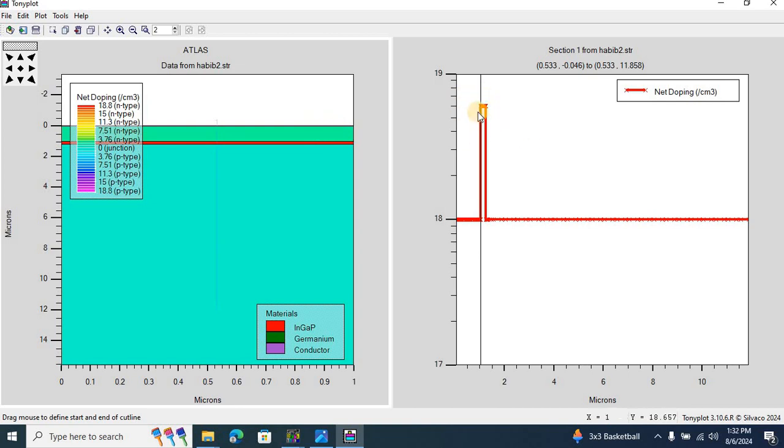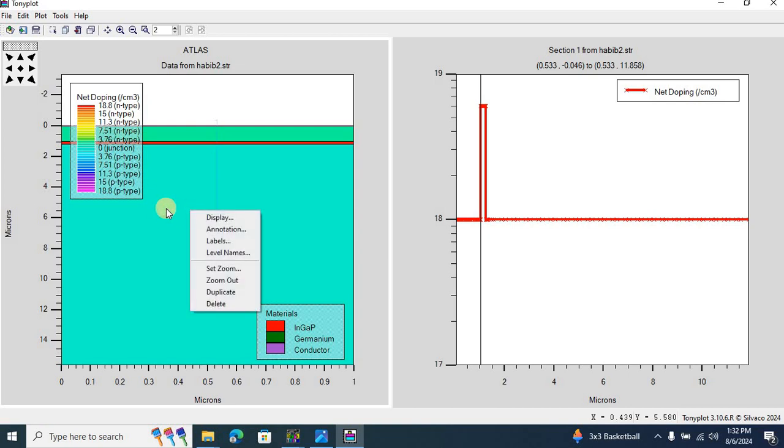Then this is 6 into 10 to the power of 18 per centimeter cube. From this doping profile you can see that this is p-type. Is it? No, this is n-type. So the top one is also n-type, and this is also n-type. And then the doping level of the germanium base is 1 into 10 to the power of 18 per centimeter cube, and once again this is